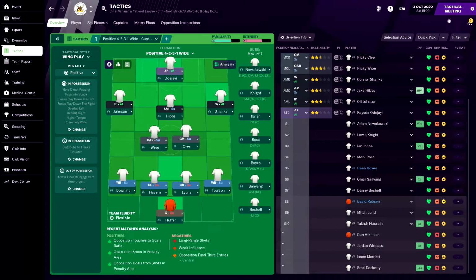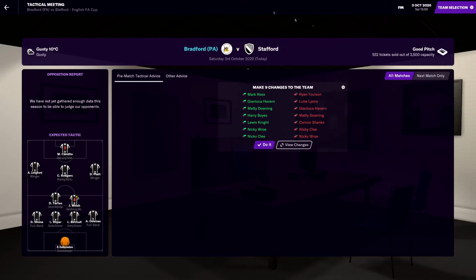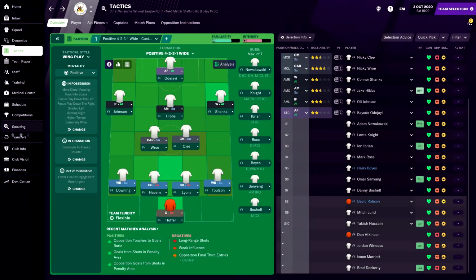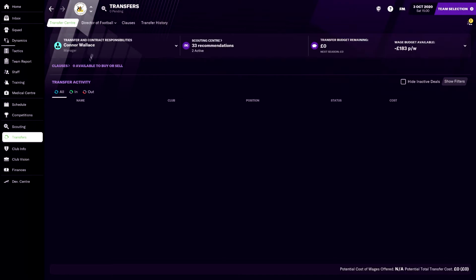So let's start the first match of the season, which is against Stafford. That's who we got drawn in the second round of the FA Cup qualifiers. So we've got this match, and then after that we have a match against File in the league, who have spent the most amount of money in the league this season, I believe. Let me just check. How do you check...